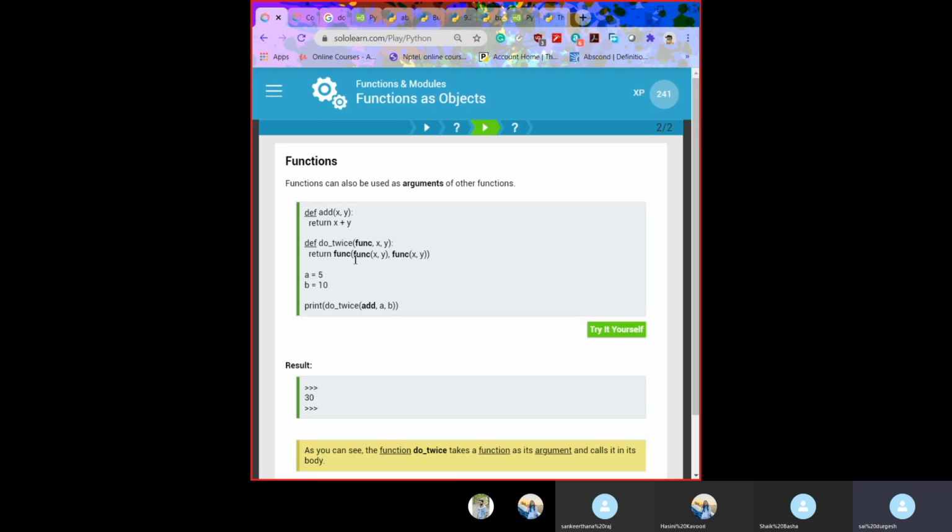Function c is an argument given to the function, acting like an identify decoder. The expression function c means call the function assigned to the variable function c. Please everyone go through the slide. It decodes the other function, takes another function as an argument, and returns the new function, which holds the pre-wrapped instructions or arguments.